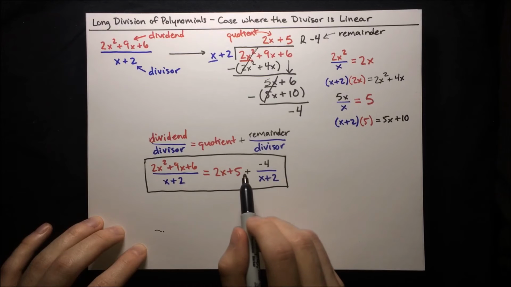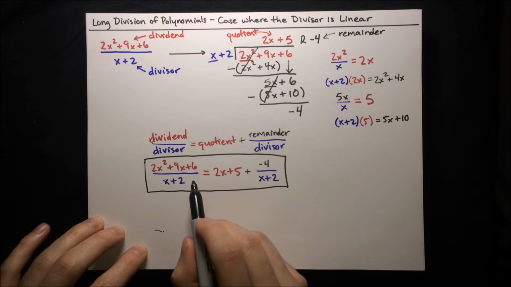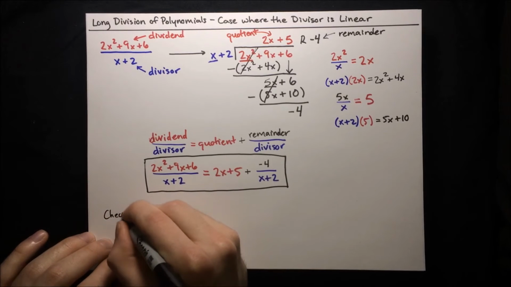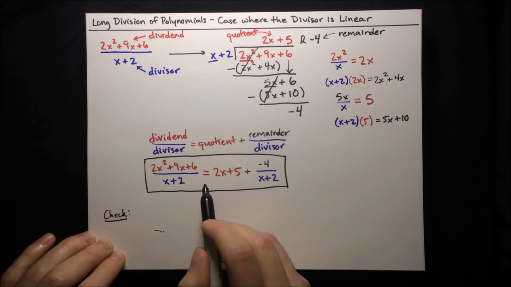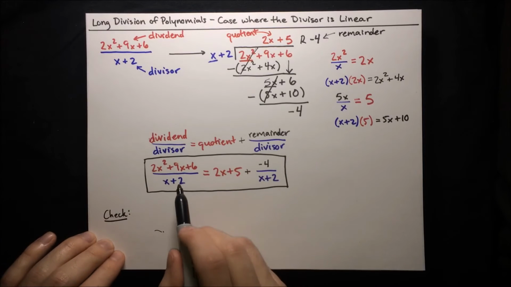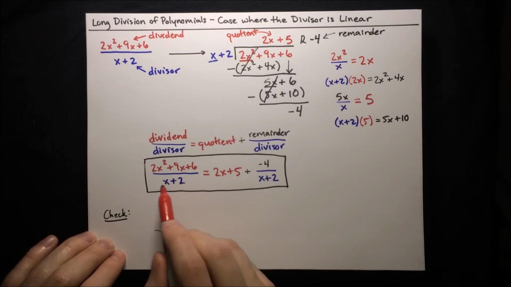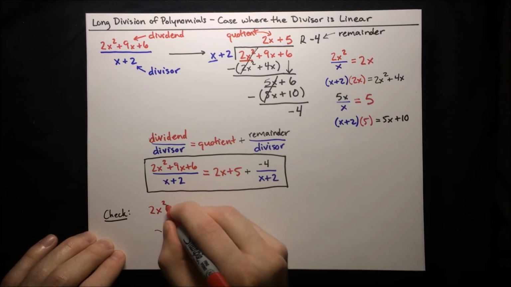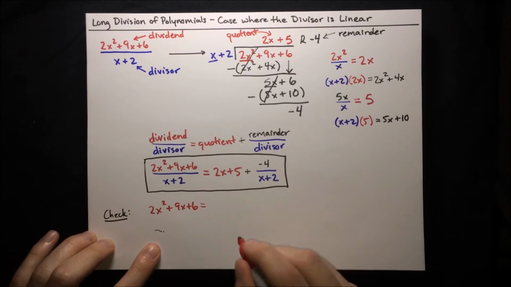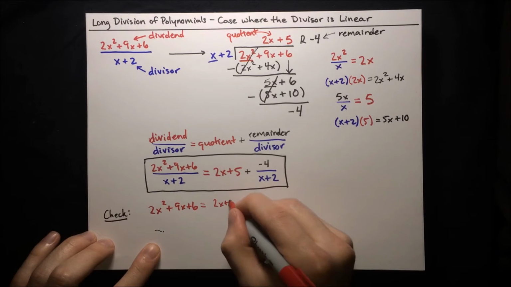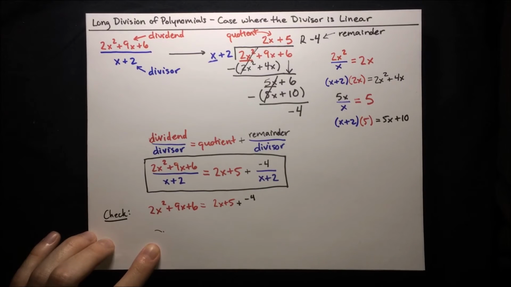These two expressions should be equivalent, and we can check it by just multiplying both sides by x plus 2. So we'll write down check over here, because this isn't something that we absolutely need to do, but we can do so to be sure of our answer, to be sure that it's right. If we multiply both sides by x plus 2, on the left-hand side, the x plus 2 will just cancel with the existing x plus 2, and we'll just get 2x squared plus 9x plus 6, and that is equal to the right-hand side, 2x plus 5 plus our remainder, plus -4 over x plus 2,